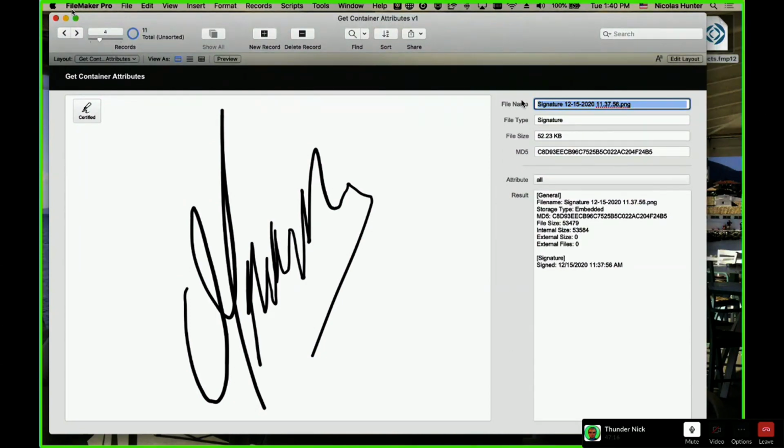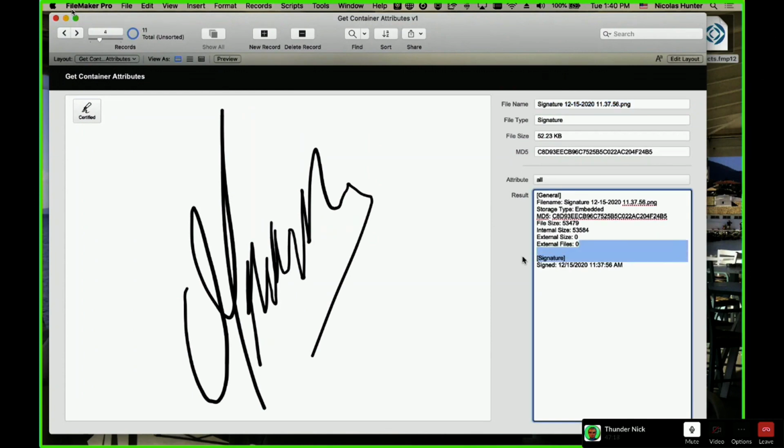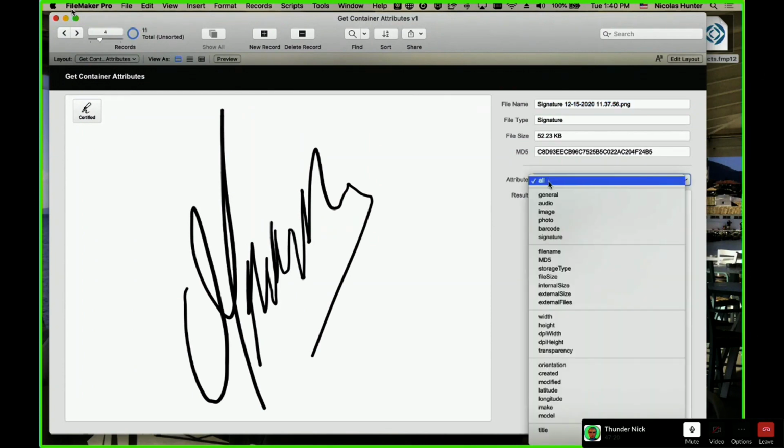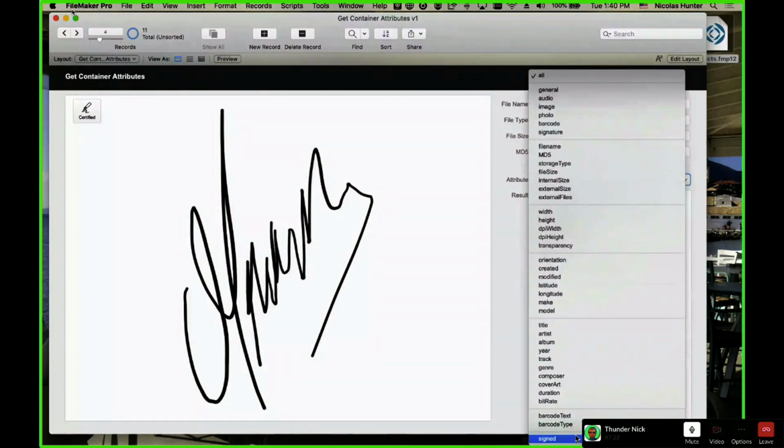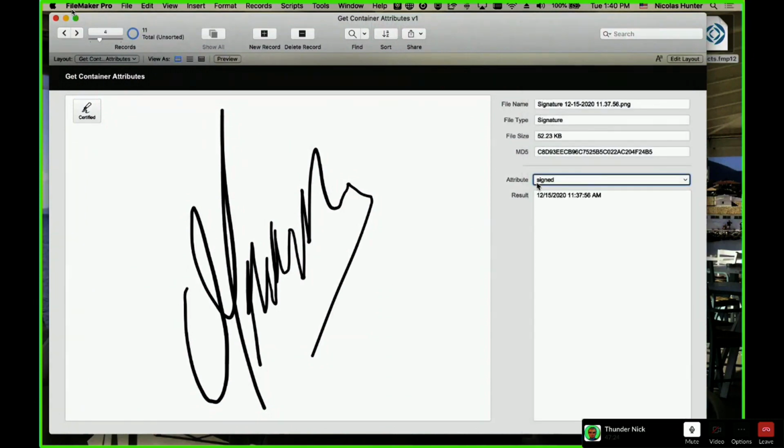And GetContainerAttributes shows you that this is a signature, and you can call the signature attributes signed, and then you get the day and the time, pretty much a timestamp.